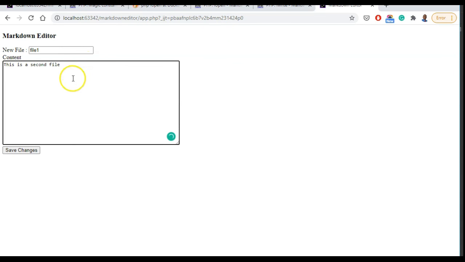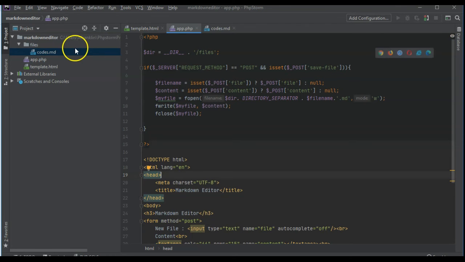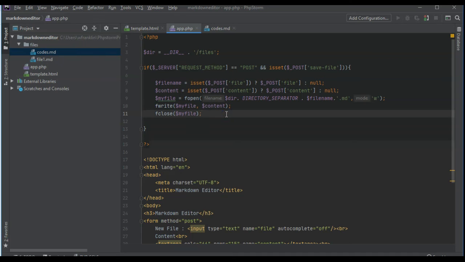What we want to be able to do is save changes to the files that we made. So we want to be able to view the files that we made and save changes to them. So in order to do that, what we have to do is get a listing of the files